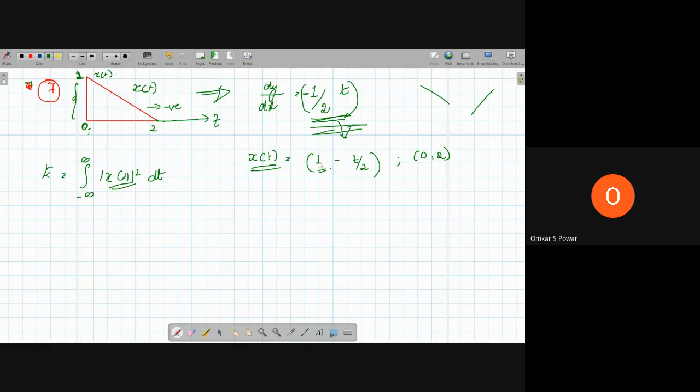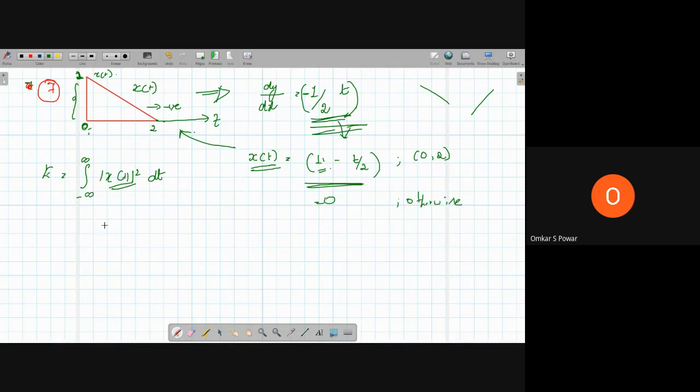So you have to get the value of this such that it will satisfy this one. Okay. So 1 minus t by 2, if you take, this minus t by 2 I have showed you how to take, and this one you can get easily from this graph. So at t is equal to 0, it should be 1, and at t is equal to 2, your value should be equal to 0. So if you substitute the value for t for this one, we will get this graph easily, and it is equal to 0 otherwise. Okay.